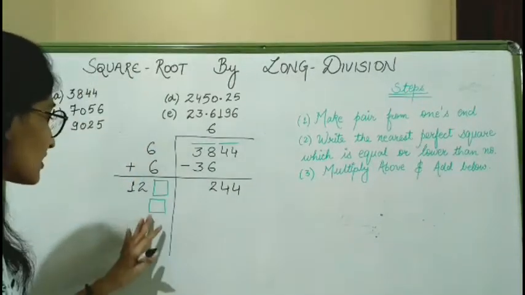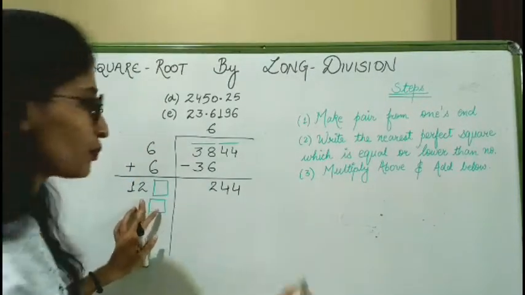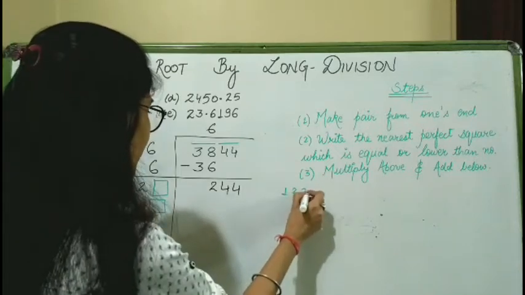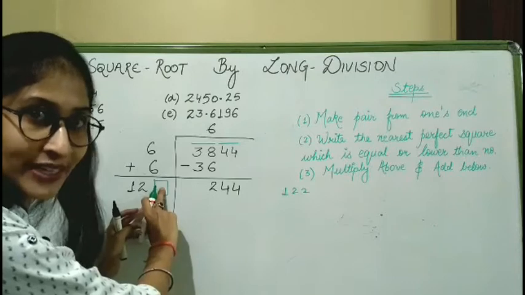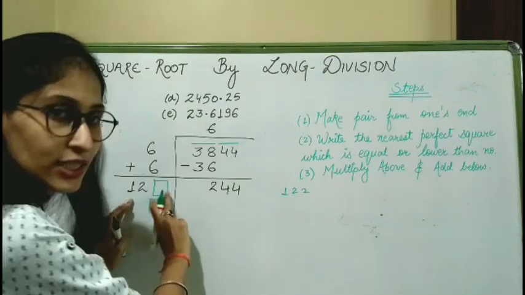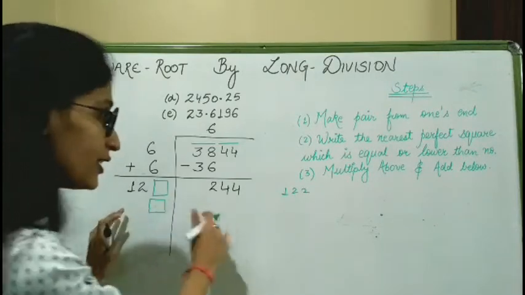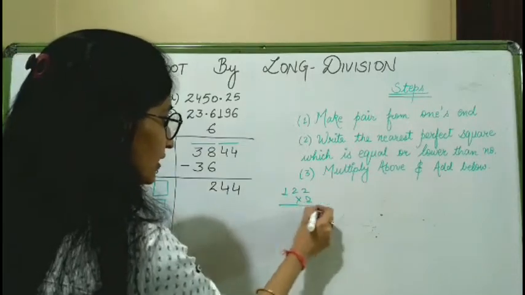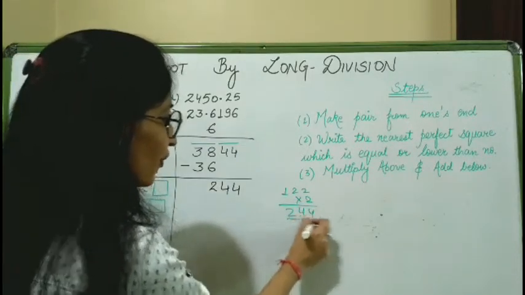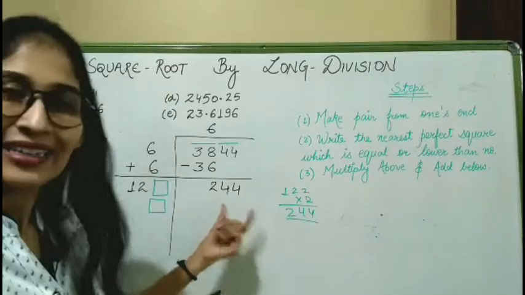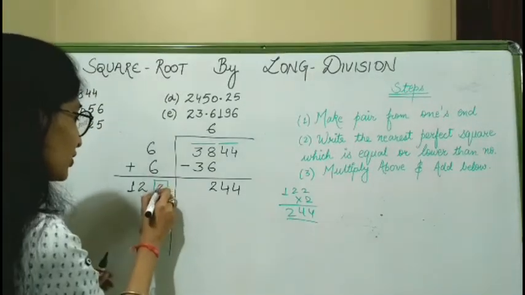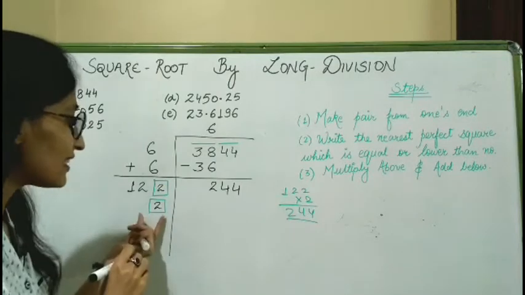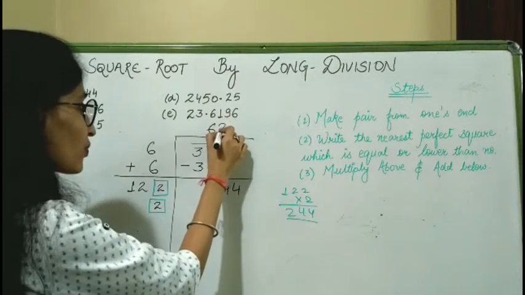So let's start. Suppose I am filling here 2. So it will become 122. The number at the top is 1, 2 and I am writing 2 here. So 122 multiplied by 2 is going to give me 244. Bigger. I required the same number. So in this box I am going to write 2. Write the same number at the top also.